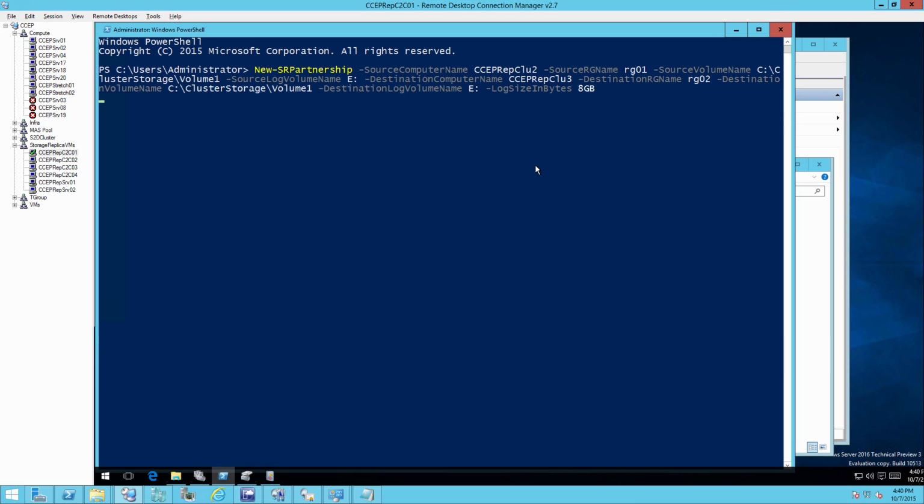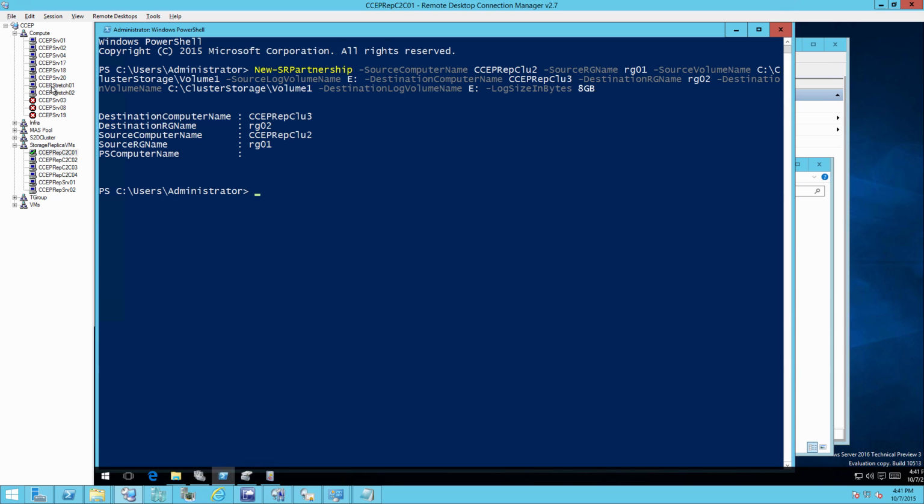This is a great configuration for doing a BCDR type of setup, where you want to make sure that you have high availability for your resources, but then also to be able to have those resources available in a secondary data center. And we get our return that we've successfully formed our Storage Replica partnership. So our third